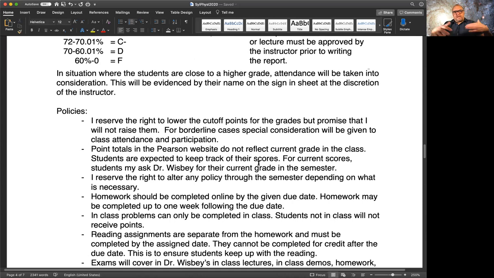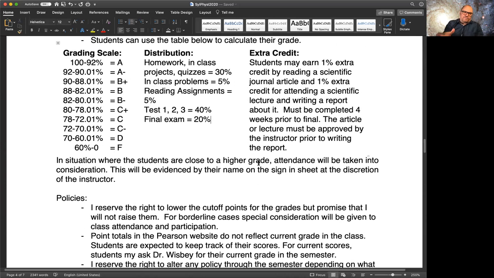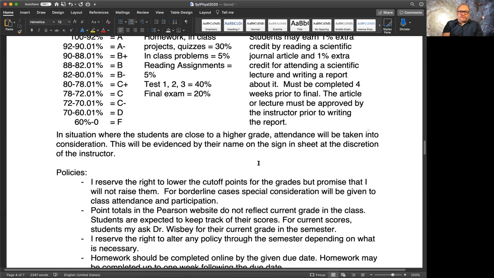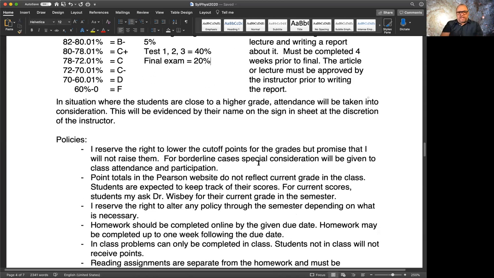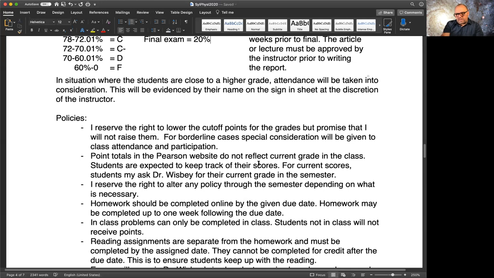Okay, so I reserve the right to lower the cutoffs, meaning if I think it was too hard, I could say everyone with 90% or above gets an A, and maybe 87 to 90 is an A minus. So I can lower that cutoff. I won't raise it, but I can do that. If you look at your point totals on the Pearson website for your assignments, those are not going to necessarily reflect your grade. You're going to need to ask me or look in Blackboard. Okay, so